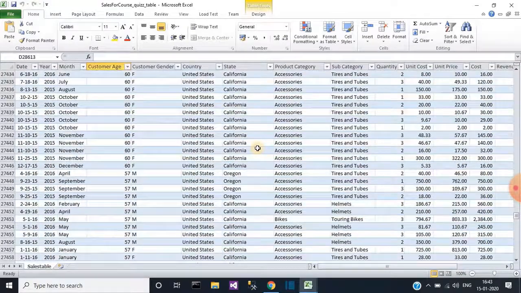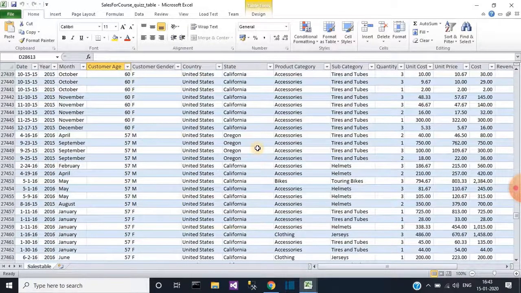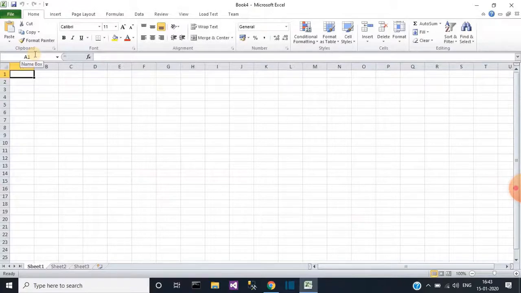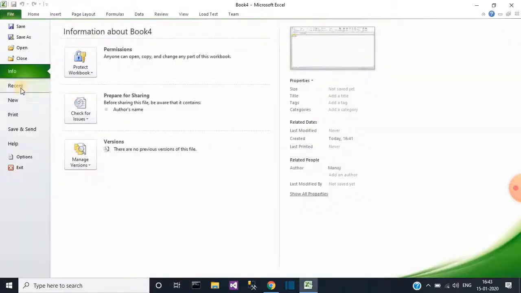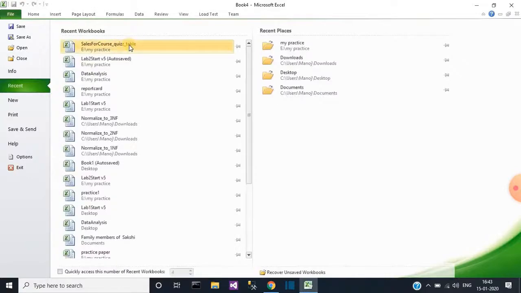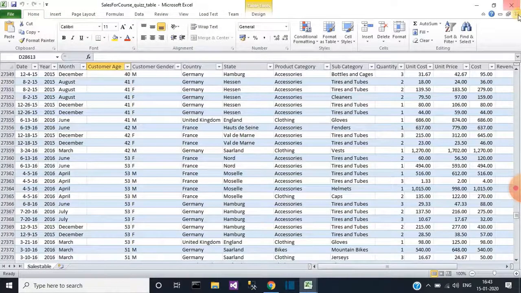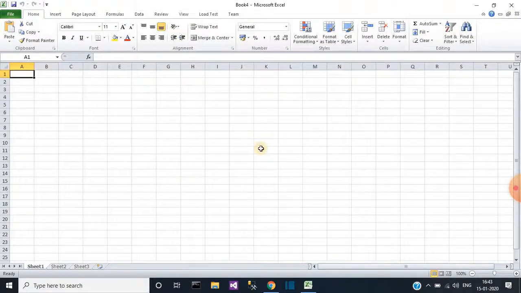You can see there are lots of records that I have kept here. Now if you want to change or work with that, you can do that. Otherwise you can also close it by clicking on the close option. And if you want to open a recent file which you opened earlier, you can go through the Recent option. Go to the File tab and click on the Recent tab option. This lets you open the recent file.